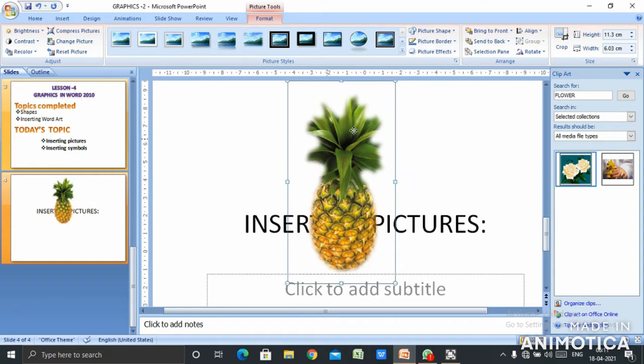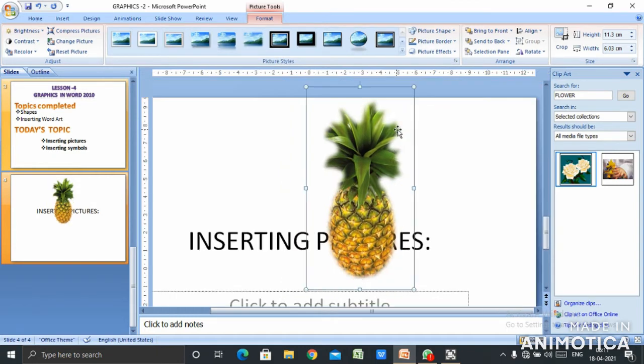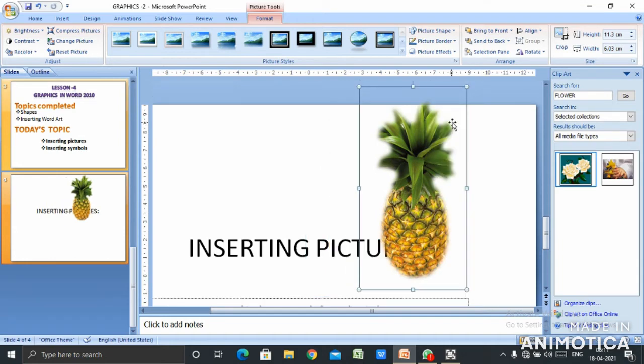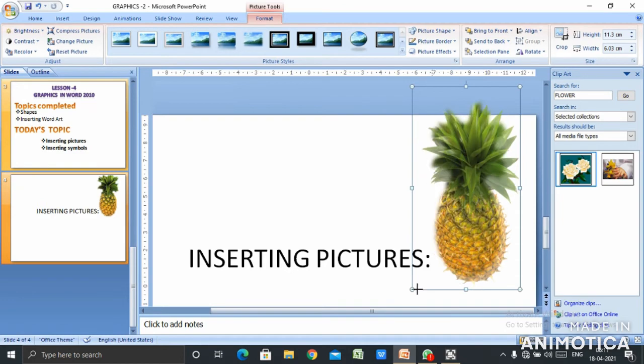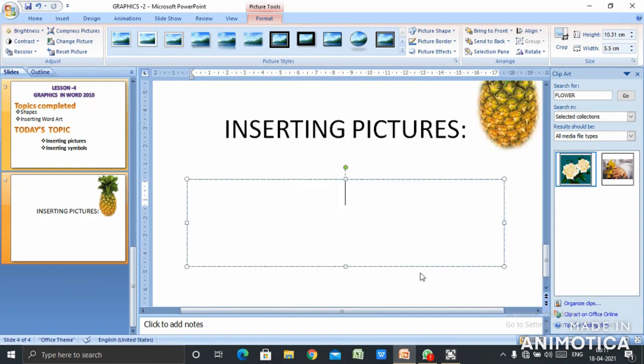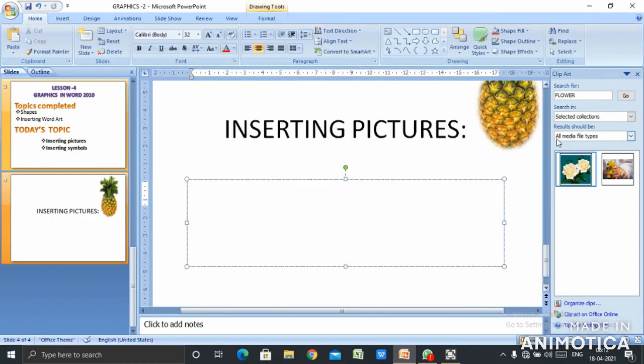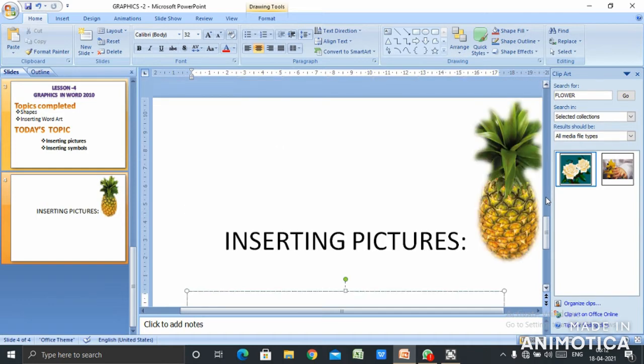Then you can move the complete picture to the place where you want. This way you can drag it from the dragging handle. So the picture is now inserted over here. You can see this is our picture.